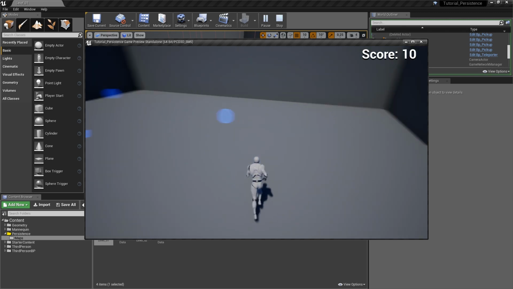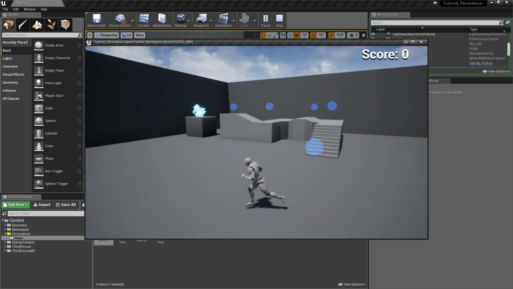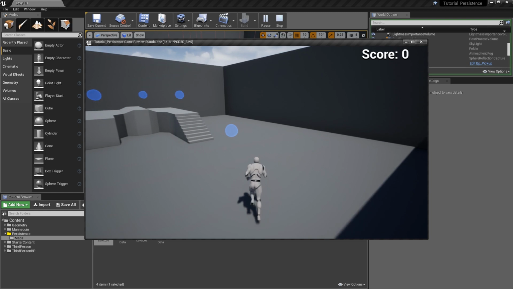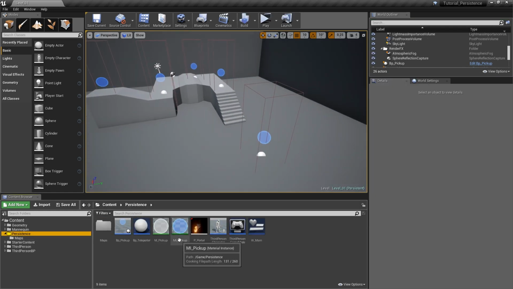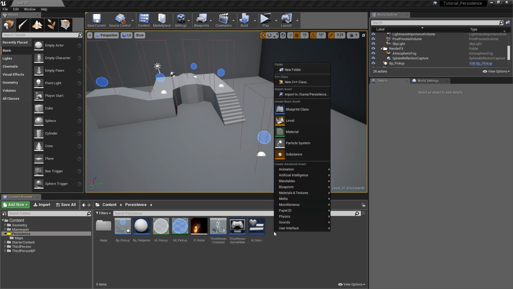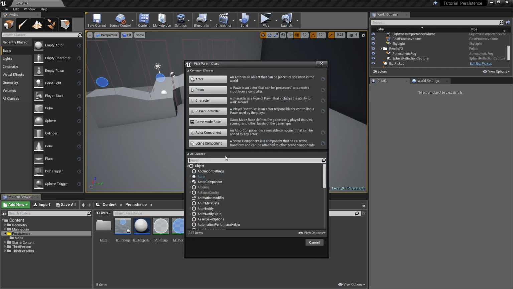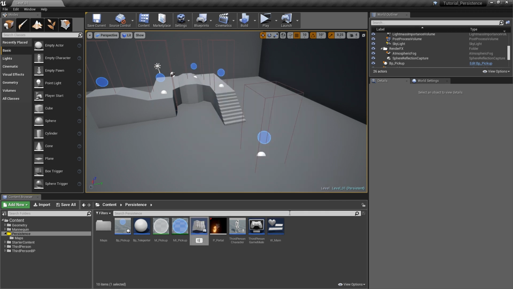And same thing is true for the second level. So if we pick up some actors here and teleport back to level 1, that was also reset. To work around this issue, you have to use a class that is persistent, which means that it is not bound to a level and therefore not deleted when switching levels. Fortunately for us, there is a class for that called GameInstance, and to create one you simply right click, blueprint class, and under all classes look for GameInstance. Use that as a parent class, and let's just call that GI